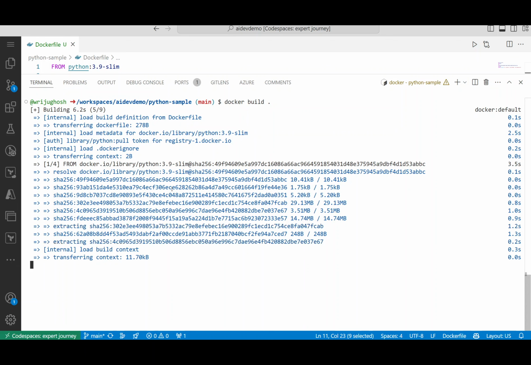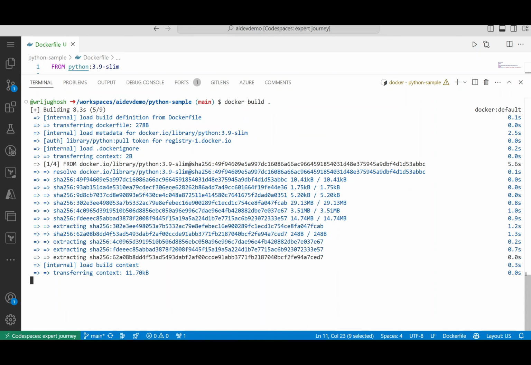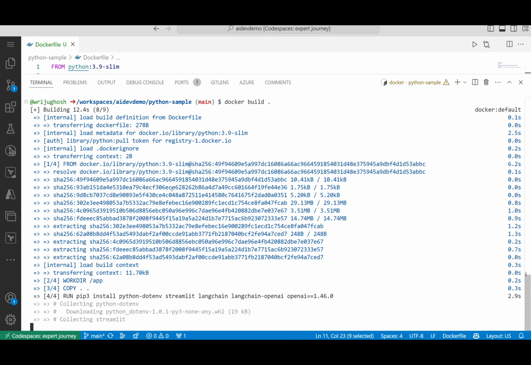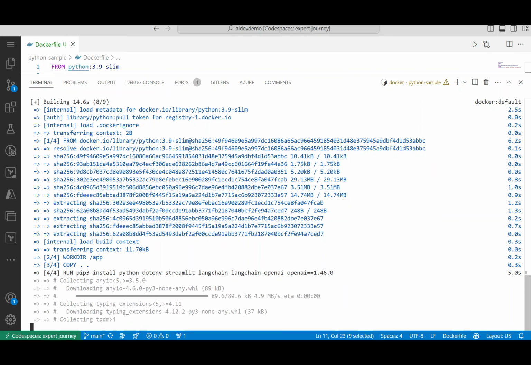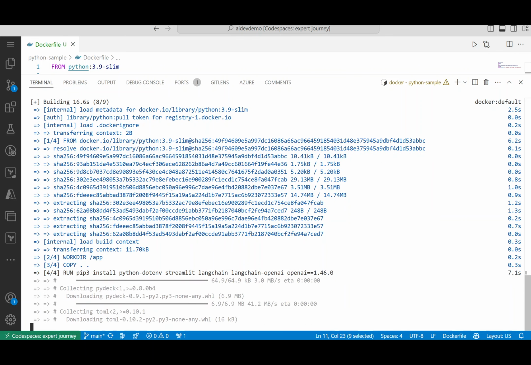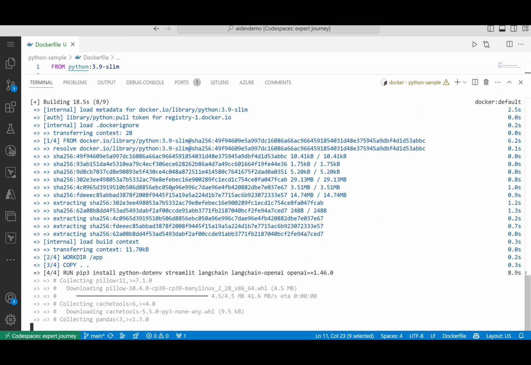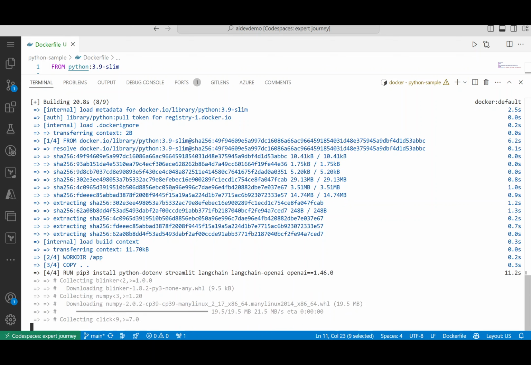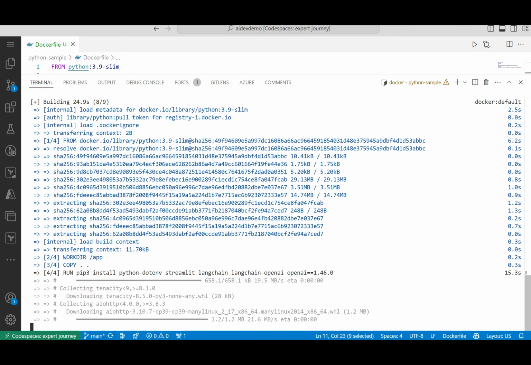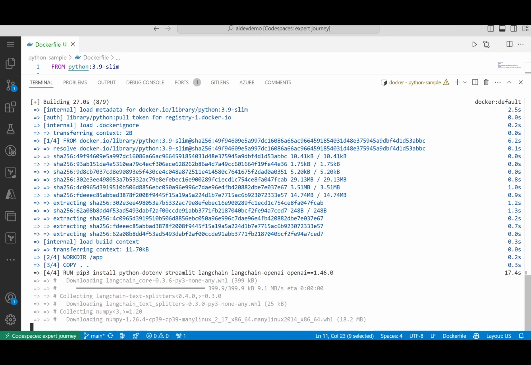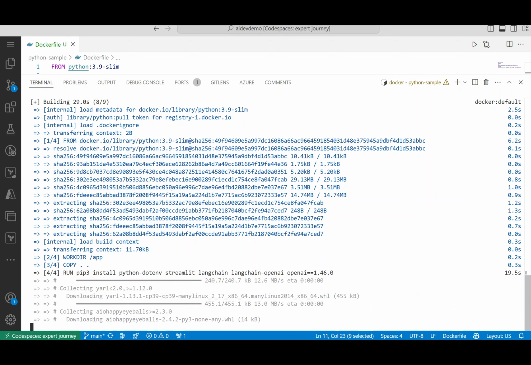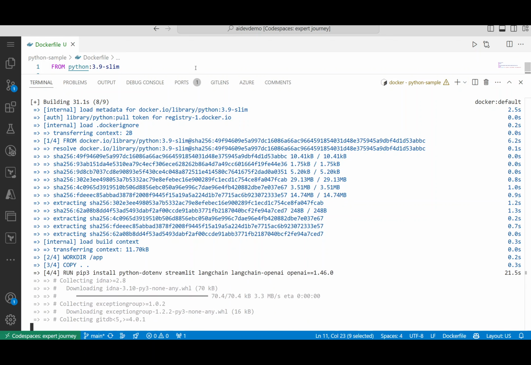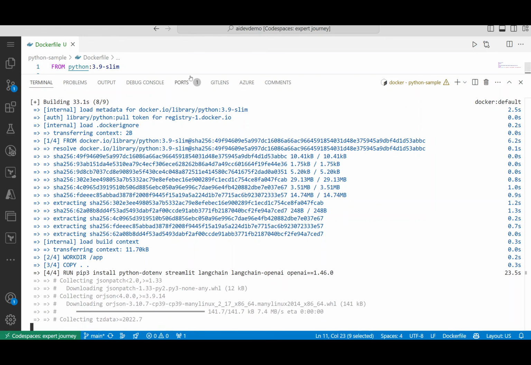You can see 1 of 4, as there are 4 lines of instruction. The first one is the work directory getting created, then the copy, and then the pip install is going to happen. This is a bit longer thing which needs to run. After the pip install is run, it's going to go ahead and run the last one, which is streamlit. It'll basically make an entry, so it's not any action. That's why, if I go back to my Docker file,